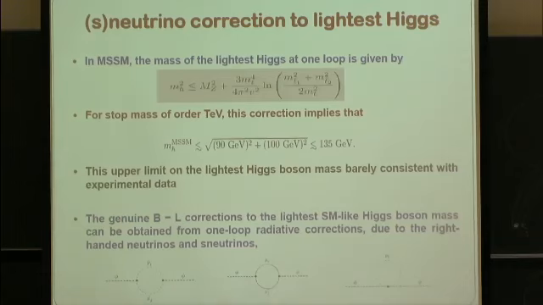You can also have another contribution coming from right-handed sneutrino loop corrections. So you know that in the MSSM the Higgs gets a tree-level mass of order MZ, and then one-loop corrections, which are proportional to m_top to the power 4 divided by the m_W squared, essentially. Now, in principle, if you go up to several TeV for the stop, then you will get the mass of the Higgs around 135 GeV.